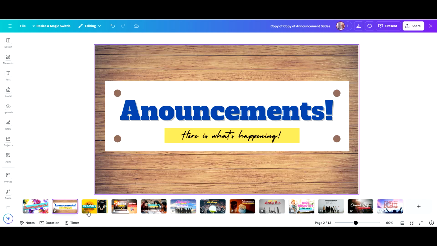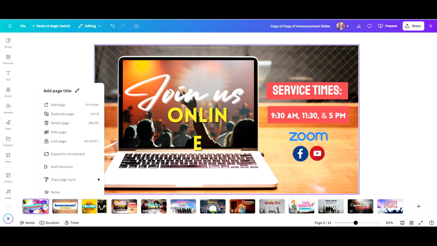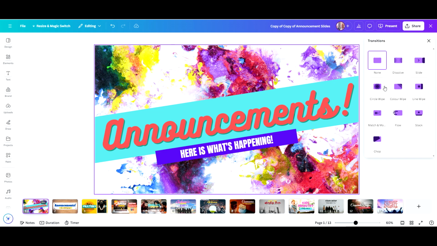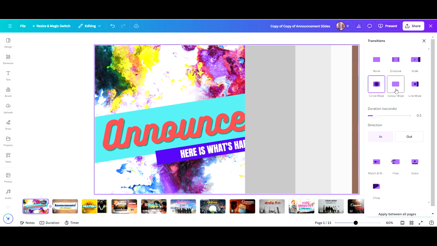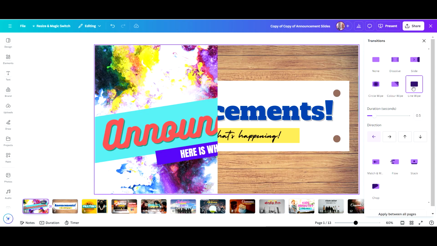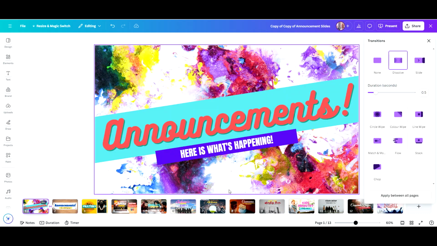So once you've got all your slides set up, click on the three dots here on the first slide and go add transition, and here you can just add transitions of what it's going to look like changing one slide to another, which is pretty easy, pretty simple. And once you've picked the transition you want, apply between all pages, and then you've got the transition